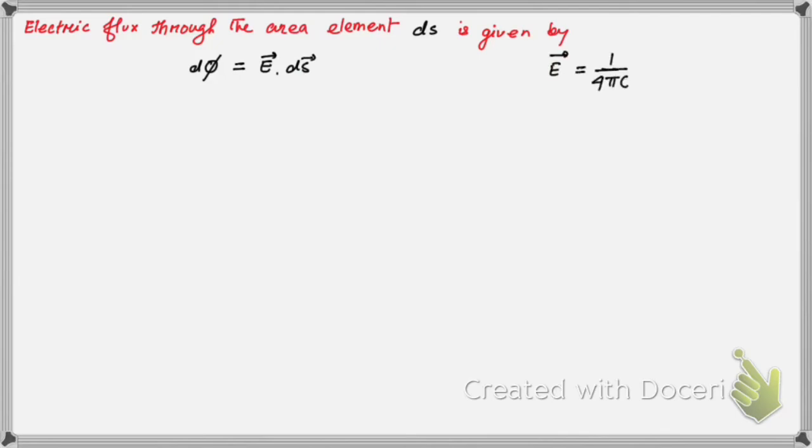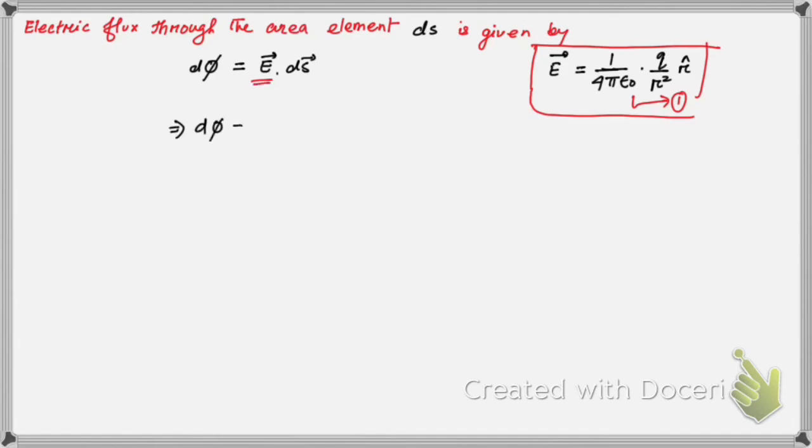So vector E is equal to, we have got this one, right? From equation number 1, I have written the equation number 1 again. So if you use that equation here, then you will get d phi is equal to this, right? You're gonna have this, so dot ds. So now you see,